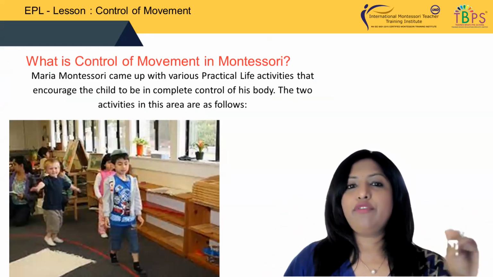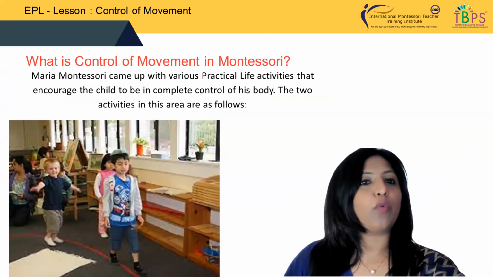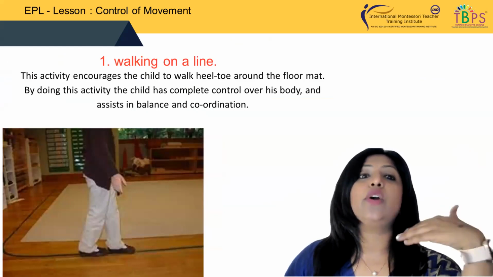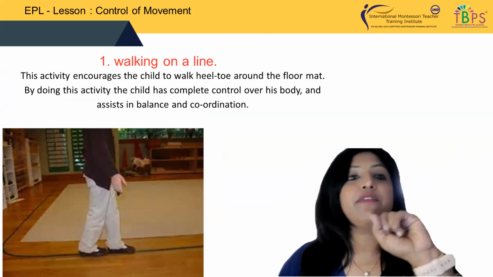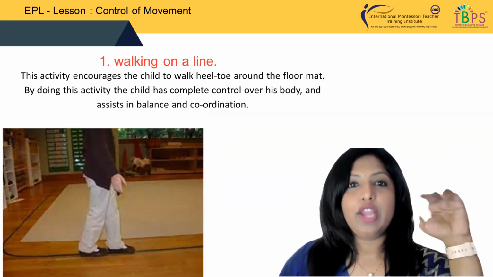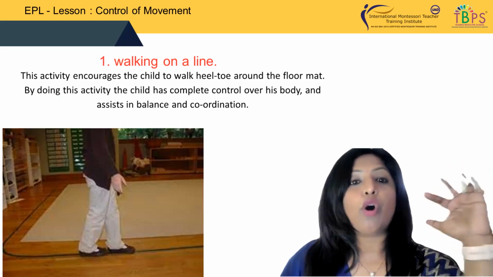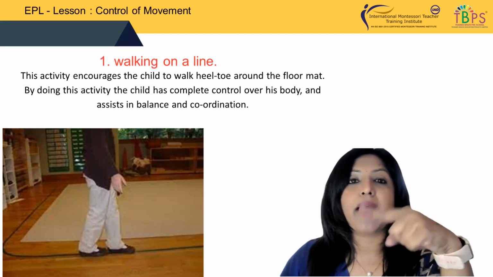What could be the easiest one for me, when I have to work on controlling the child's body, I would follow this in two ways. One is, I can't stop making them run around, walk around. So what I do as a teacher, I give exercises. I only encourage them to walk, but I will give restrictions. See, there's a freedom to walk, but again, there is a restriction on how to walk. You will walk slowly, or you will walk on a line, or you will walk heel to toe, or you will walk around the floor mat.